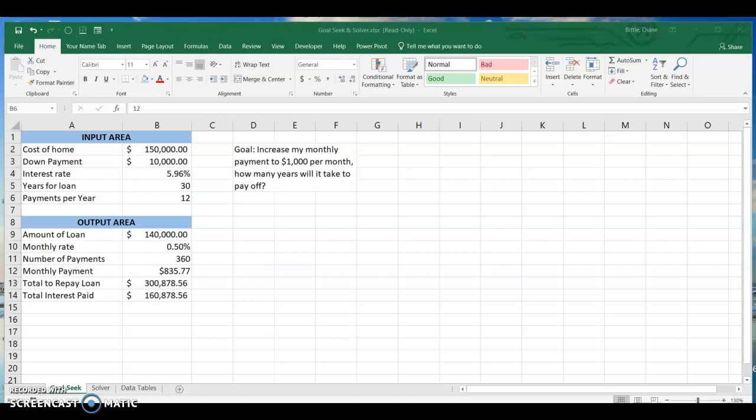So for example here, I have a mortgage. I just bought a home. I paid $150,000 for it. The down payment is $10,000. I got an interest rate of 5.96% annually. I'm going to pay it off in 30 years. That's 12 payments a year. My monthly payment is